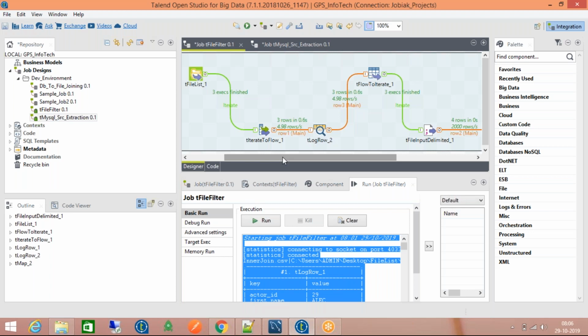Once we have it in a flow, we need to push it to an input element like tFileInputDelimited, since all the files we got are CSV files. We need to feed the output from tFileList to some other input component. In that scenario, we used one more powerful component, tFlowToIterate, which will iterate the records by giving them standardized Talend built-in variables,